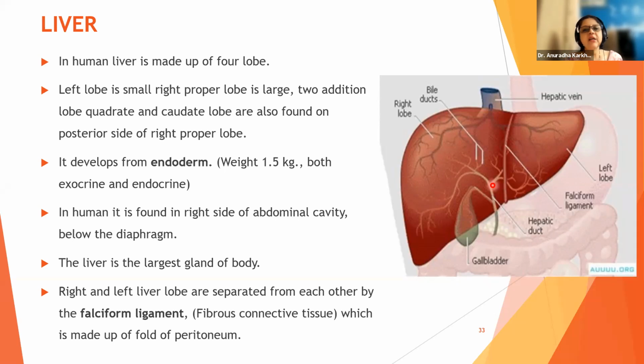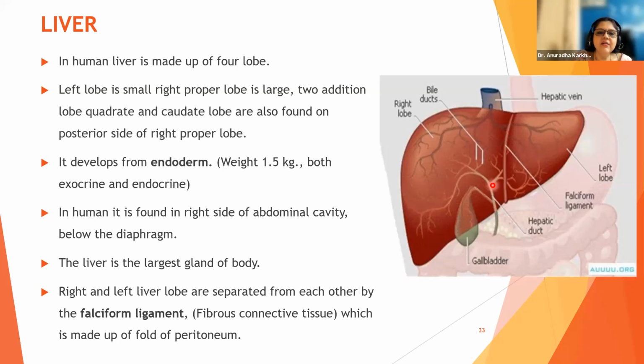Yes, it has got so many functions. Very true. But the prime ones, we have jotted down as many as possible. I have listed them, those on which questions have been asked in previous years' question papers. So I have mentioned almost all the functions together. So what are the 4 lobes?